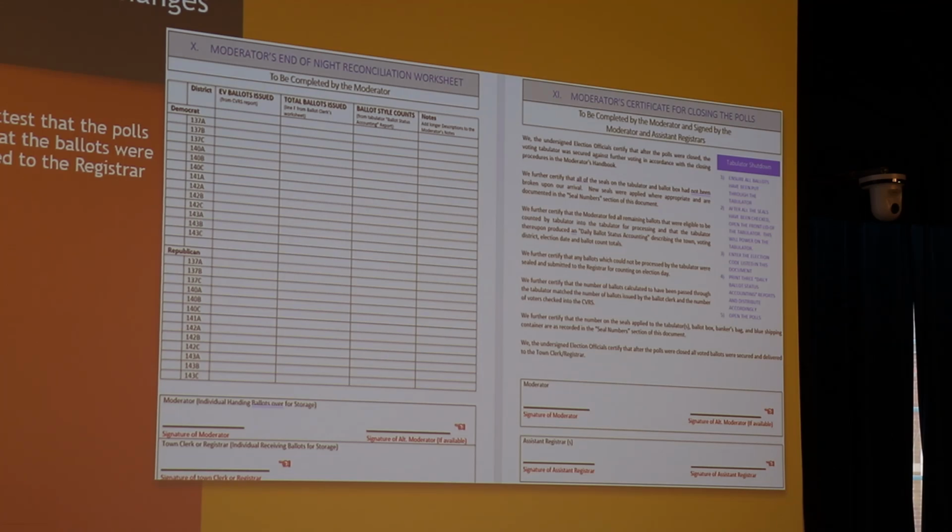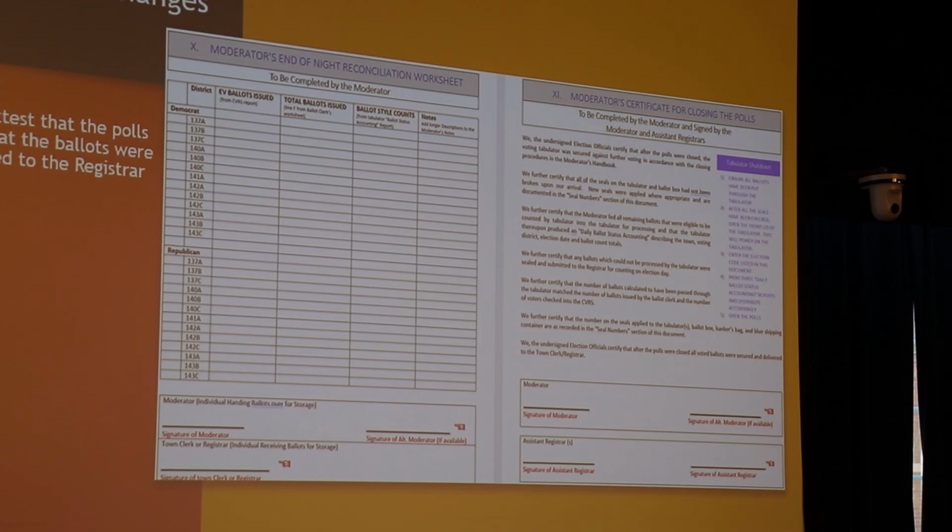Because it's a bit more complicated this year, I have included section 10, which is what I call an end-of-night reconciliation worksheet. Last year, everybody was filling out spreadsheets and writing stuff on sticky notes and asking for blank paper to build a table that looked like this. So I figured, why not just build the table like this in case you want to use it? It seems to make sense to me